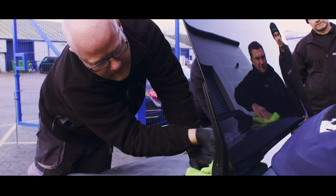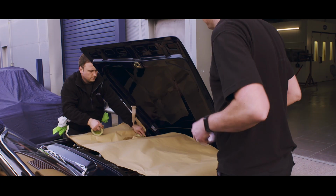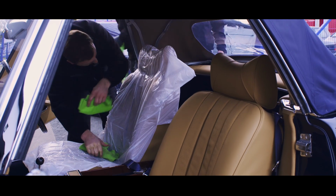We're a little bit nervous. We're shipping over £1 million worth of cars today. Hopefully it'll all go smoothly. Let's see. Can't let it go without the finishing touches, getting every little dust speck off the car ready for